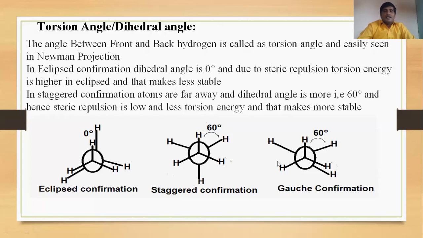So what is the difference we are getting regarding these compounds? What is meant by torsional angle? The angle between the front side hydrogen atom and the back side hydrogen atom is called the torsional angle. Here in the case of the eclipse conformation, the torsional angle is 0. In the case of the gauche conformation, the torsional angle is 60. And in the case of the staggered conformation, between hydrogen and hydrogen, it is 180. Here I have shown it wrongly, 60 is there, but the angle is 180. That is called a staggered conformation.